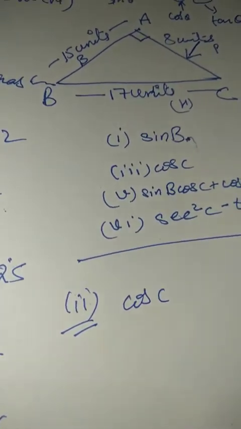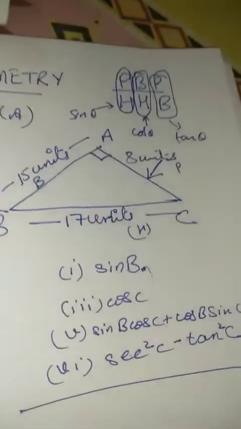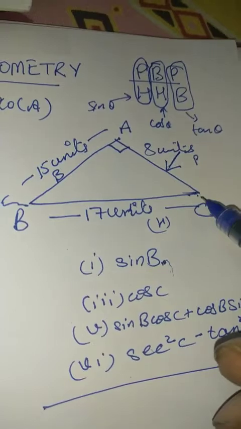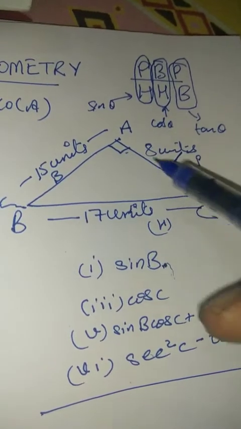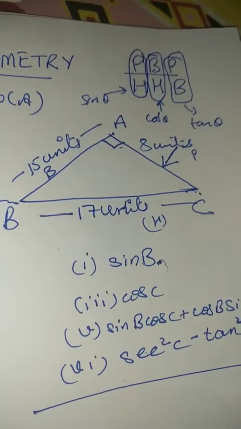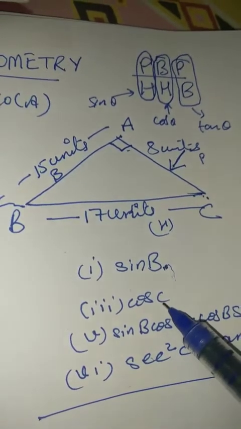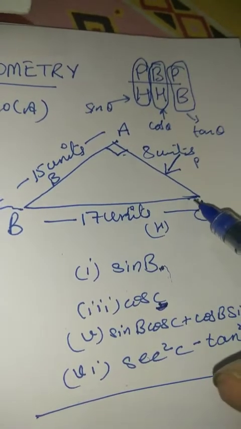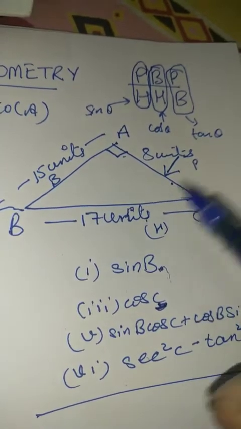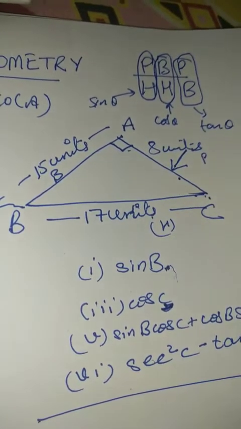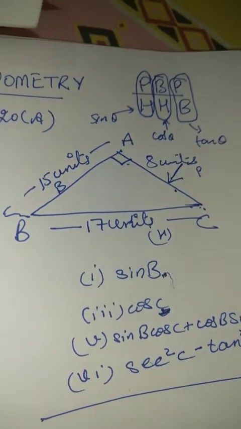Cos C. Now, when it says cos C, let's come back to the figure. Where is C? This is C. Where is 90? This is 90. So now this will become the base, the side onto which 90 and this angle written along with the trigonometric ratio is present. So for cos C, it is base upon hypotenuse, and the hypotenuse is always fixed over here. That is 17 units represented by side BC. So it will be AC upon BC.